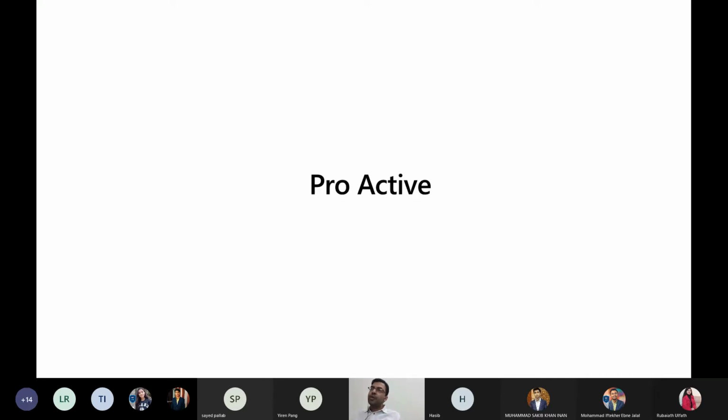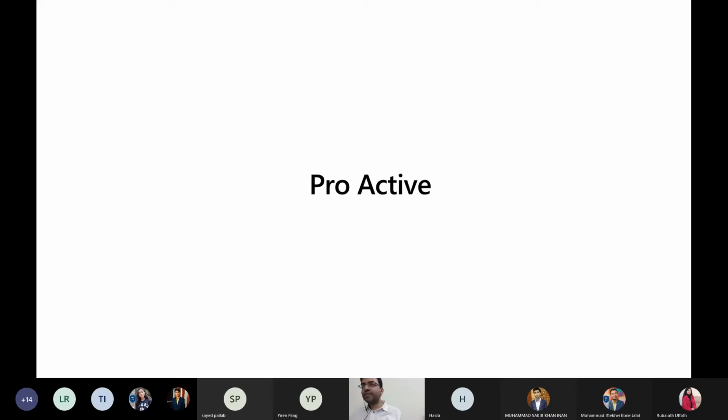And before starting how to conduct your research, there's this one thing that we all need to do, that is getting proactive. Like I said in the beginning, nobody will force you to pursue research. Nobody will ask you that you have to do research. It's on you. And if you are driven, if you're motivated, then you have to come out from your comfort zone, and you have to show activeness.